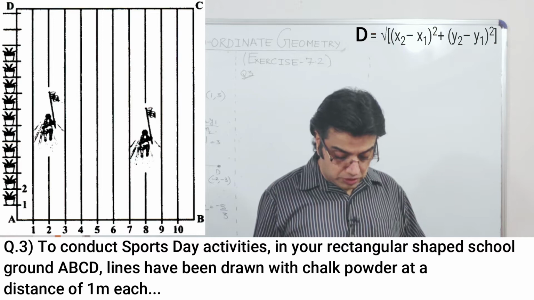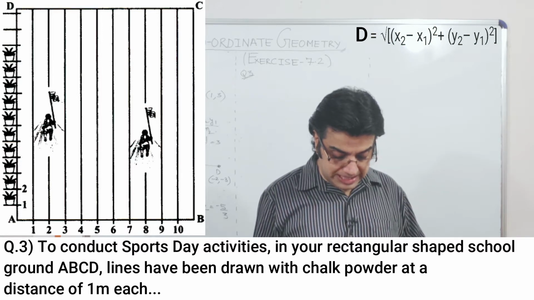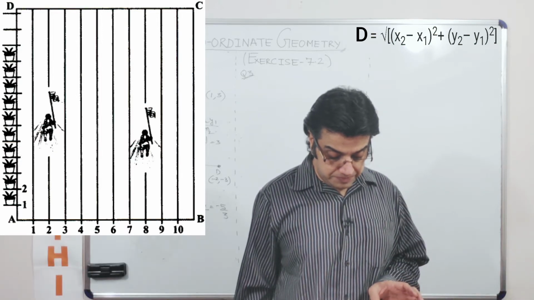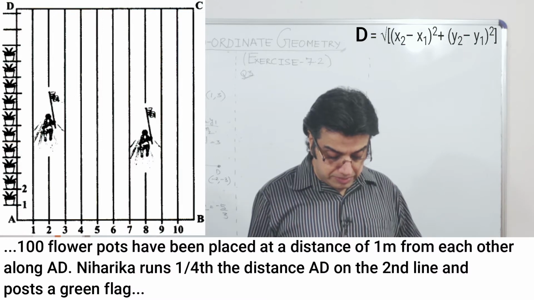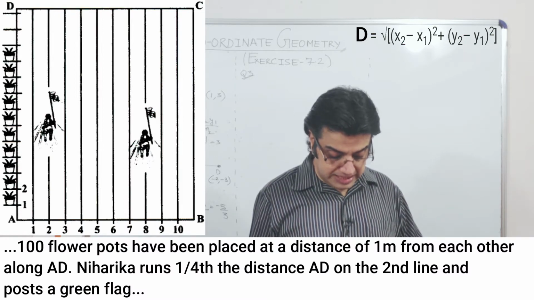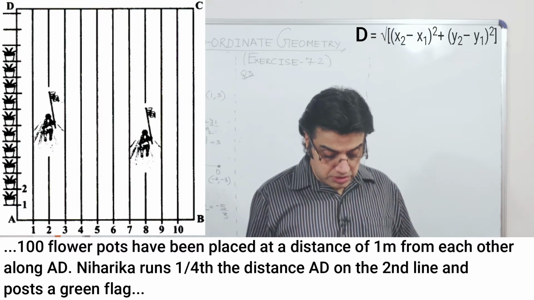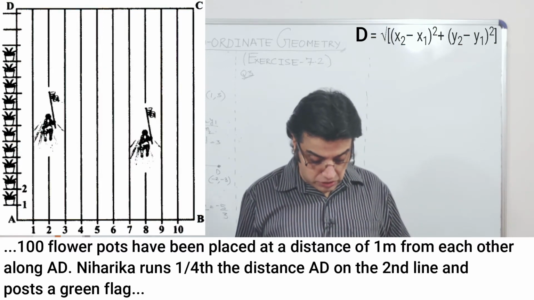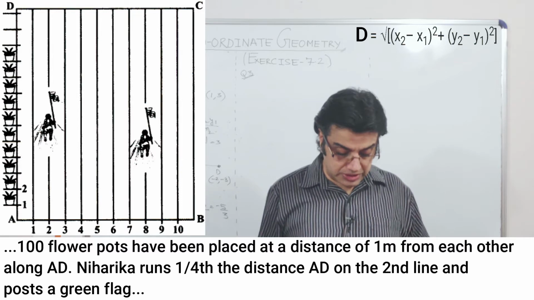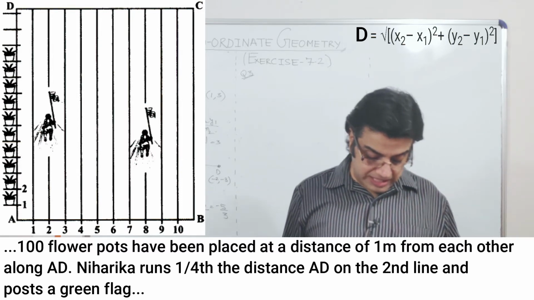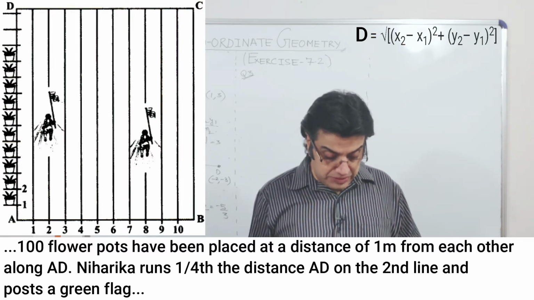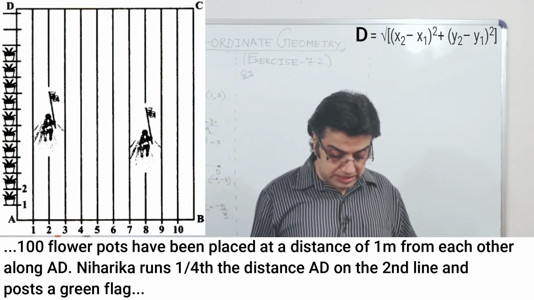Lines have been drawn with chalk powder at a distance of 1 meter each. 100 flower pots have been placed at a distance of 1 meter each from each other along the line AD. There are 100 flower pots that have been placed. Niharika runs 1/4 the distance AD